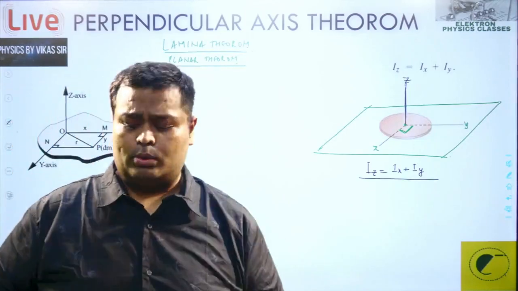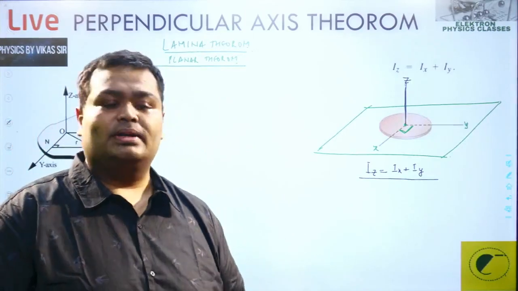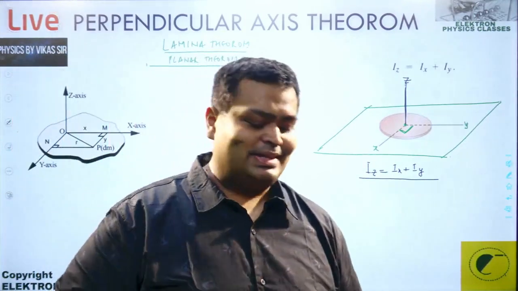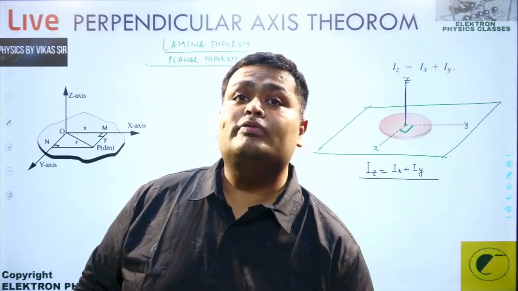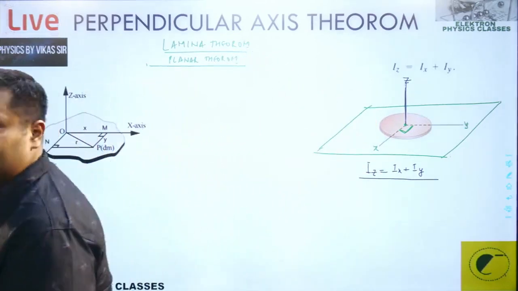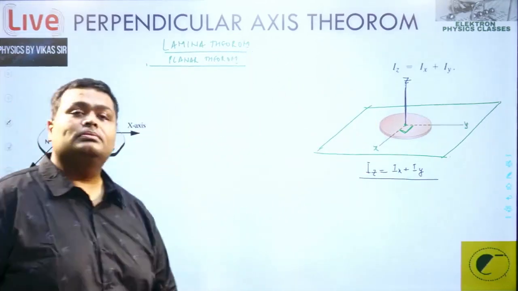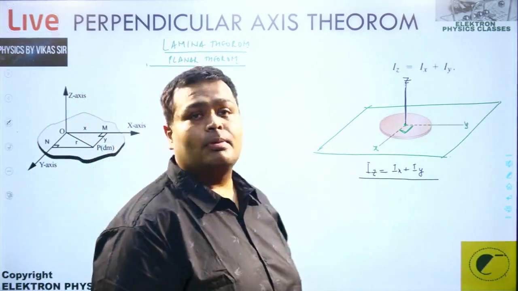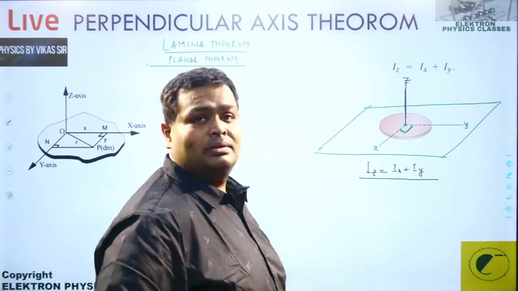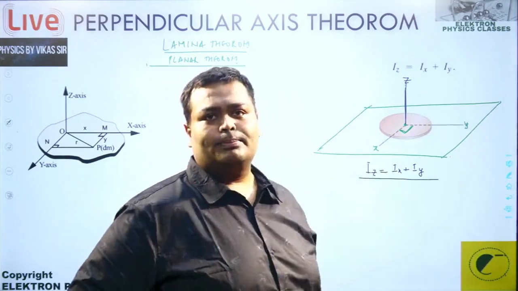Like yesterday we did a question in which there were four particles, two small m and two capital M, and we checked the moment of inertia about the x-axis, about the y-axis, and about the z-axis. That came out to be maximum, about the z-axis, which was perpendicular to that particular plane. Minimum we have checked out. That's coming more in comparison to the two axes in the plane. How do we prove it?